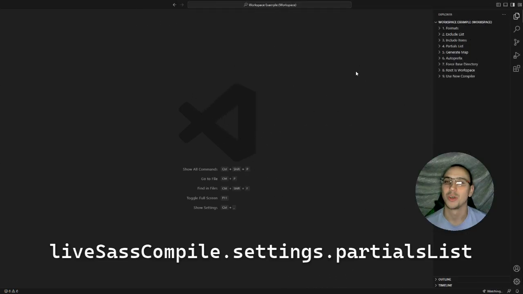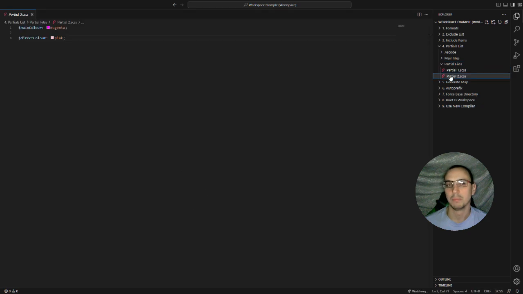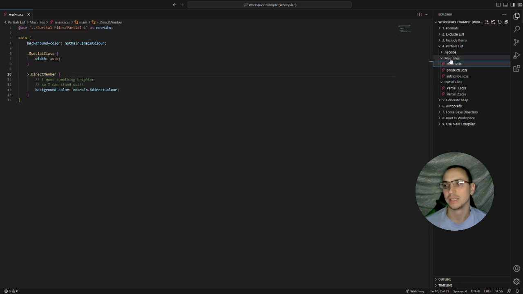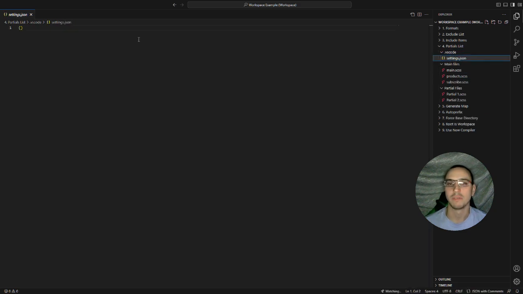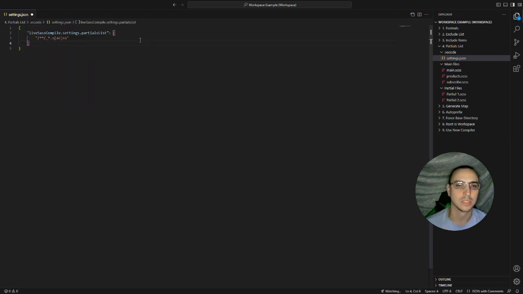Up next, we have partialsList. So as I was talking about earlier, whenever a partial file is saved, it compiles every other project in your solution. The traditional way is when the file starts with an underscore, but obviously going to another project, you might find that they've not actually gone through that route. So with this one, I've got a folder here called partial files, and then I've got 2 partials within that, and then I've got some actual main files here that take from those. So rather than our usual, let's just bring that up, partialsList,